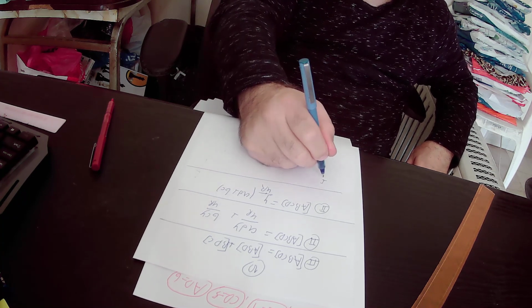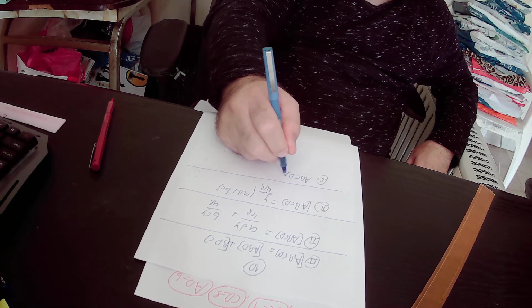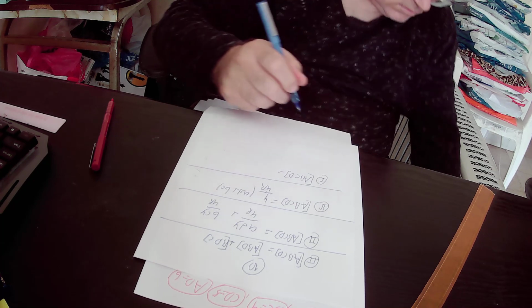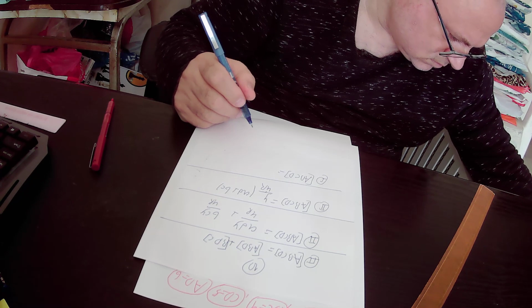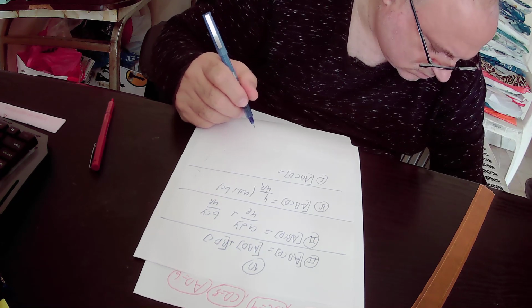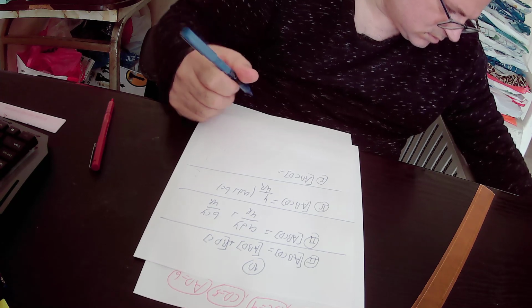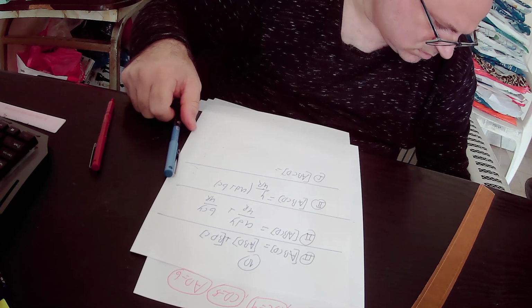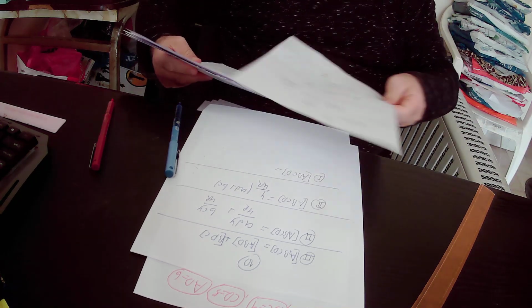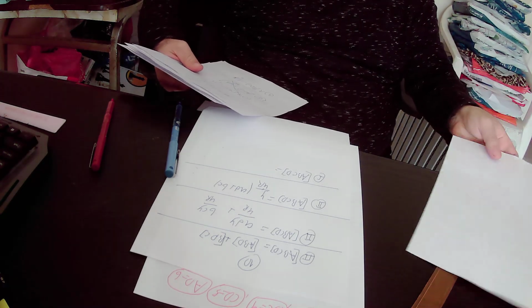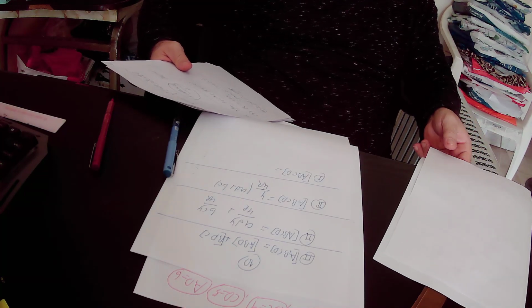But we've already found out that according to equation number 1, the area of quadrilateral ABCD equals